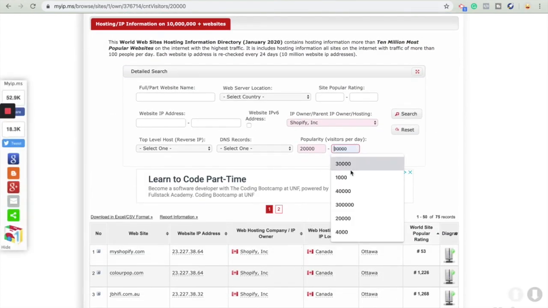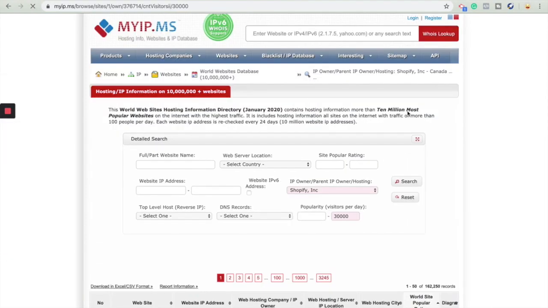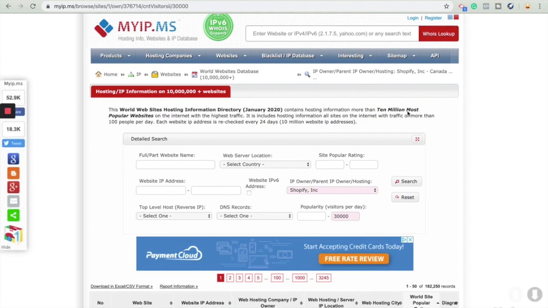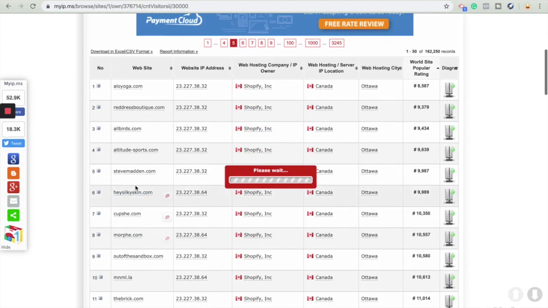With this website, you can put limitations on how many visitors they get a month and what their range looks like. This gives you a little more flexible wiggle room to understand which companies already have people doing marketing for them and which companies don't. I chose this number because it's a reasonable number. That means the store is probably bringing in $20,000 to $30,000 a month if they're able to sell in that mark.